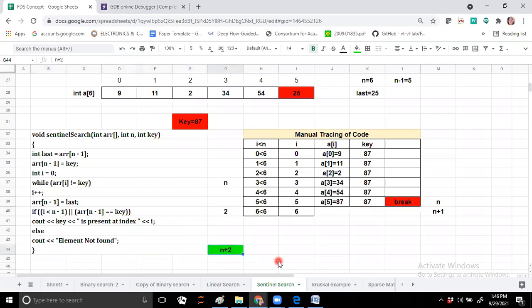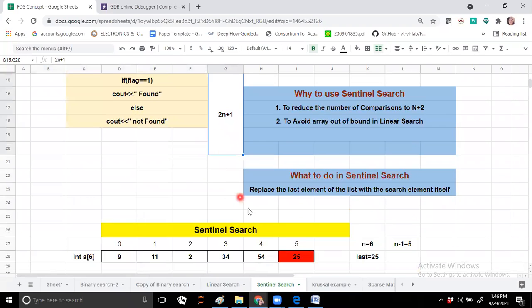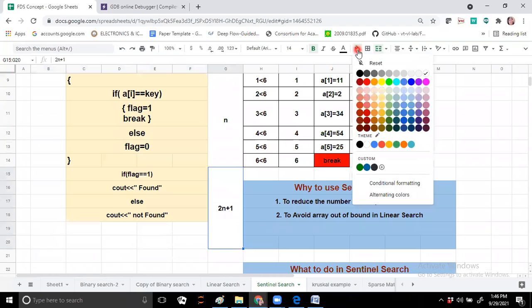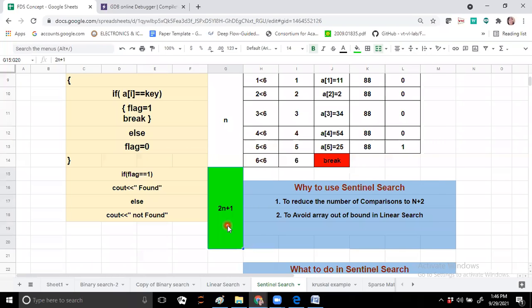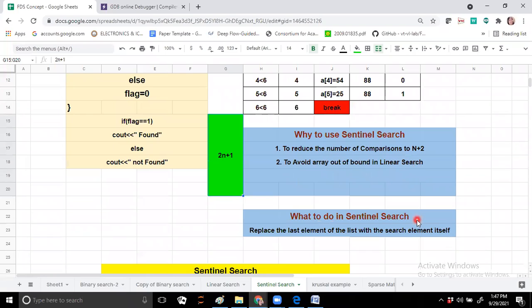So it requires n plus 2 comparisons in case of sentinel search, whereas the frequency count for linear search is 2n plus 1. So whatever statements we have used for sentinel search replace 2n plus 1 with n plus 2.